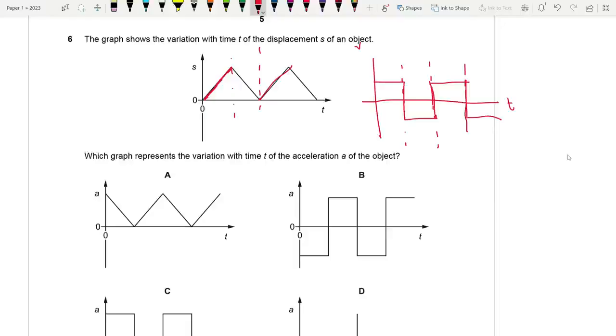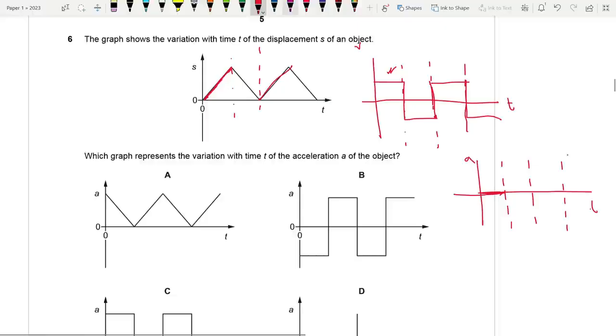Now the gradient of the velocity time graph is acceleration. So if you draw that graph for acceleration, you are going to get something like this. You have no acceleration here because velocity is constant, so acceleration is 0 over here, but suddenly the velocity decreases, so we are going to have deceleration over here suddenly for one split second, and then it's going to remain 0 again, and then for one split second over here velocity suddenly increases, so we're going to have acceleration over there